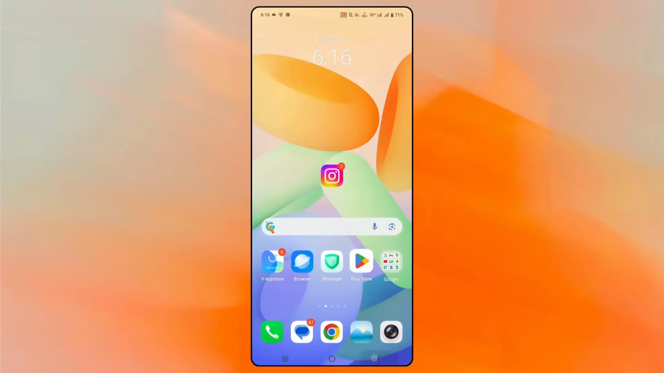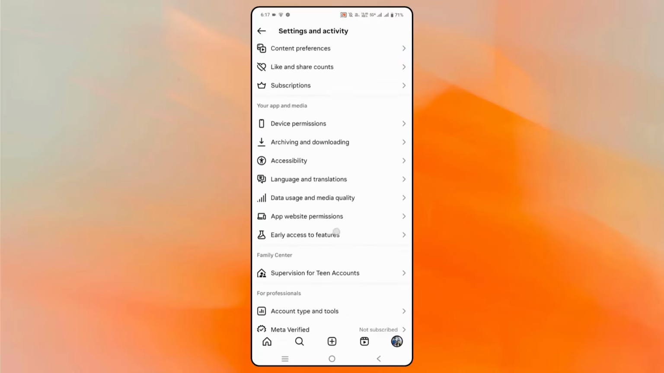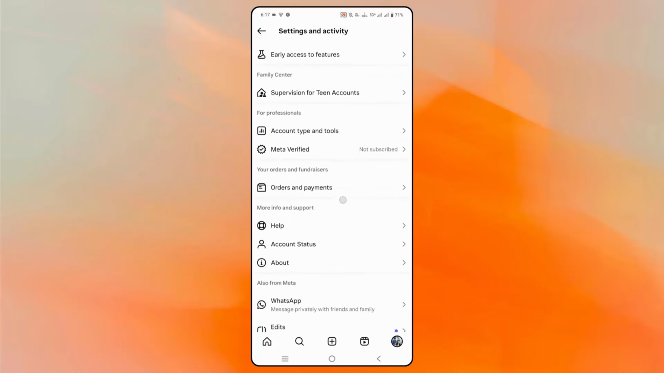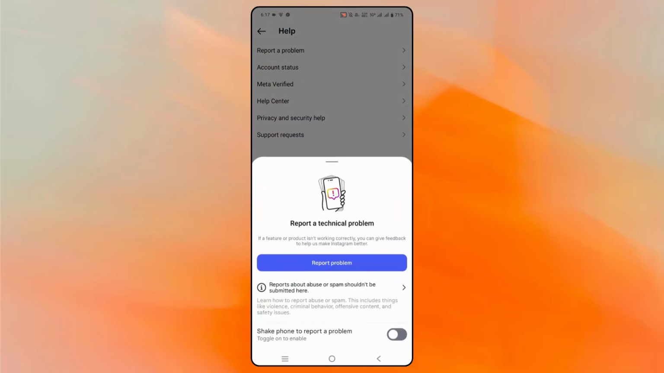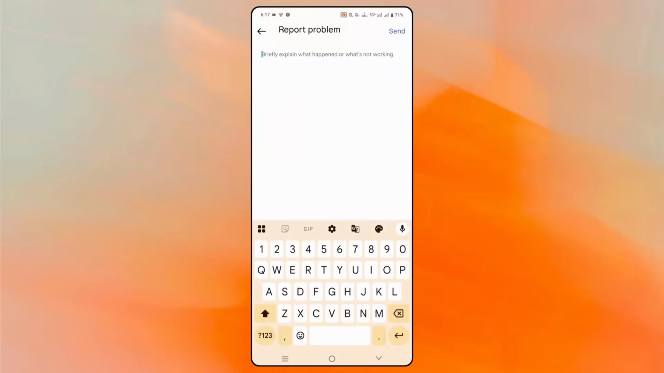If not, then what you need to do is contact the support team. For that, open Instagram and then go to the help section. Now go below, and here you can see the help option. Click on help, then click on report a problem, then click on report problem, then include and continue, and here